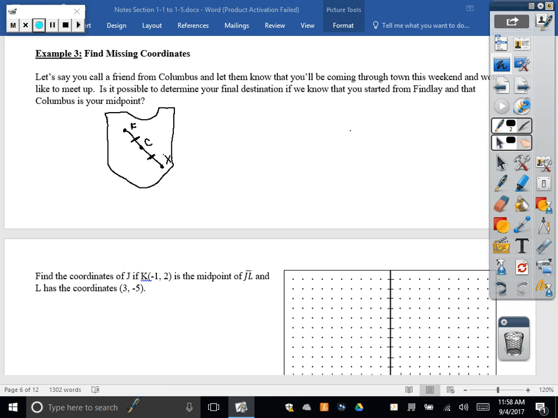And so, keeping that in mind, I want to look at this next problem because that's what we're going to be doing. You're going to be given one endpoint of your problem. You're going to be given one midpoint, and you have to find the other endpoint. Okay? So, I'm going to give you two options here as we look at this. Let's go ahead and flip over to the next page. One option would be to use your formula. And so as I look at